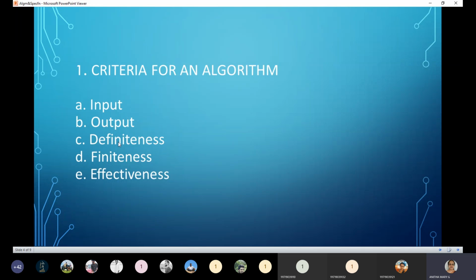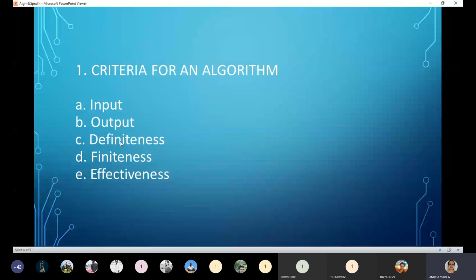And then moving on to the criteria of an algorithm: definiteness. Definite is nothing but clear and unambiguous. The statements whatever you write should be clear, and unambiguous means no confusion. There should be a clear idea of what you're writing one after the other.